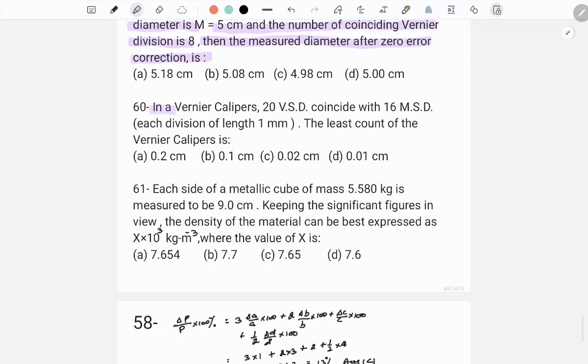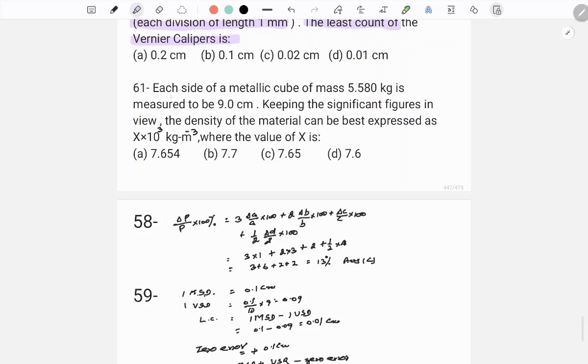60. In a vernier calipers, 20 VSD coincide with 16 MSD, each division of length 1 mm. The least count of the vernier calipers is. 61. Each side of metallic cube of mass 5.580 kg is measured to be 9.0 centimeter. Keeping the significant figures in view, the density of material can be best expressed as x into 10 to the power 3 kg per meter cube, where value of x is